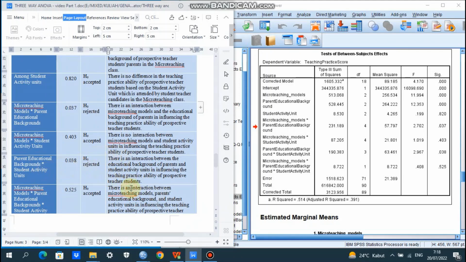Next, parent educational background. Is there any interaction between parent educational background and student activity? We go to the SPSS result for parent educational background and student activity unit. The significance is 0.038.